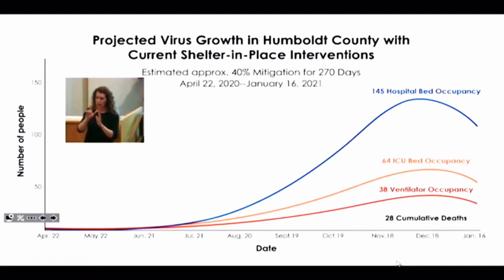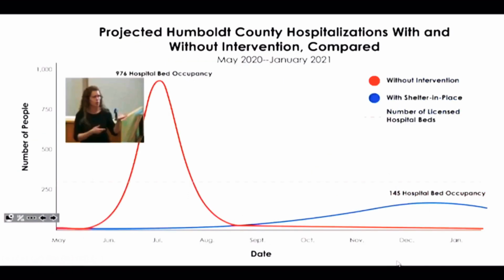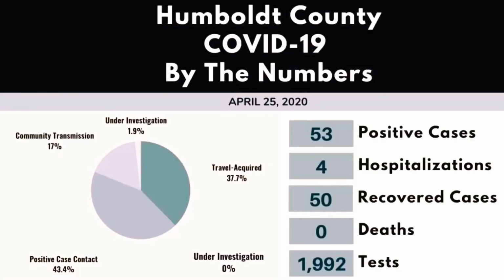And clearly, this is just far beyond what we are capable of caring for in our community, and far beyond what we could, even with robust surge plan capability, be able